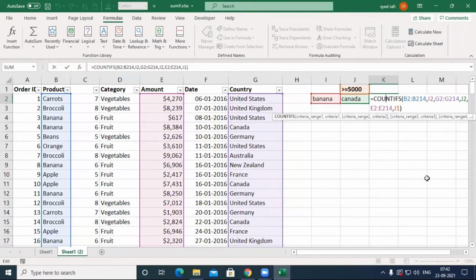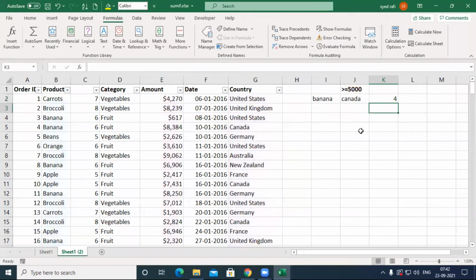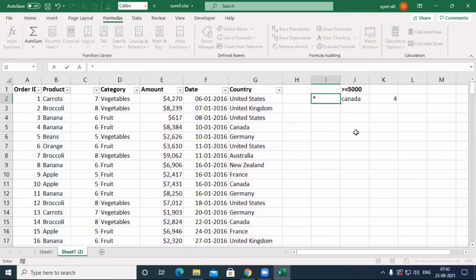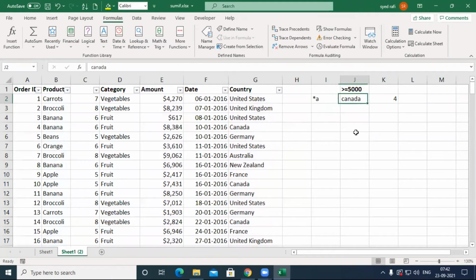Okay, you may also give the same wildcards. Banana, I want it to end with A, and the country starts with U. Automatically it will be displayed like this, which means the product ends with A, the country's first letter must be U, and the value amount is greater than or equal to 5,000. These three conditions will be satisfied.